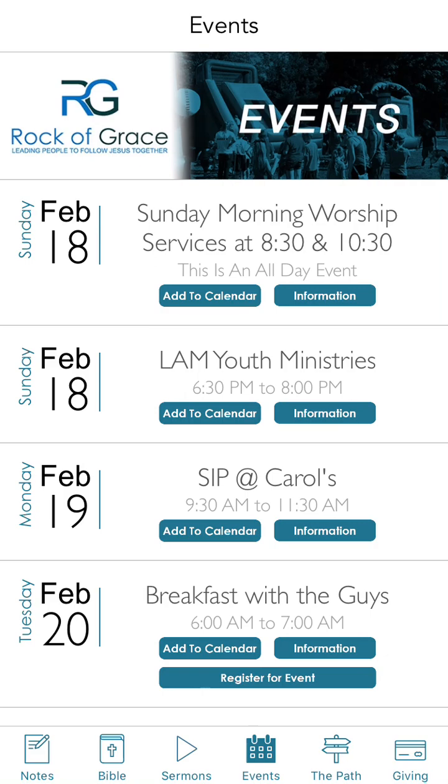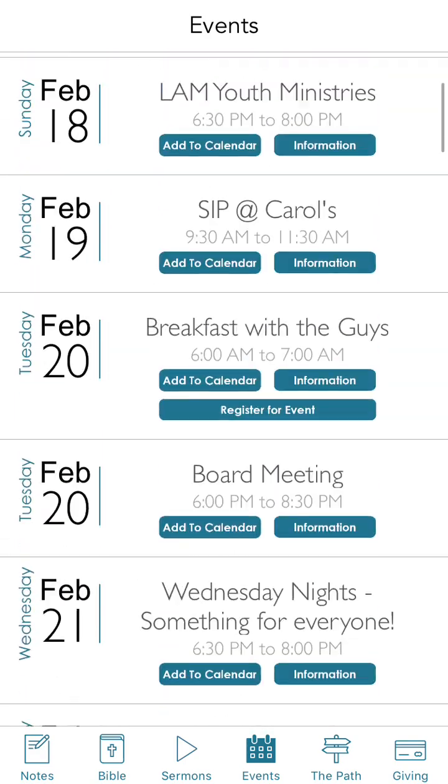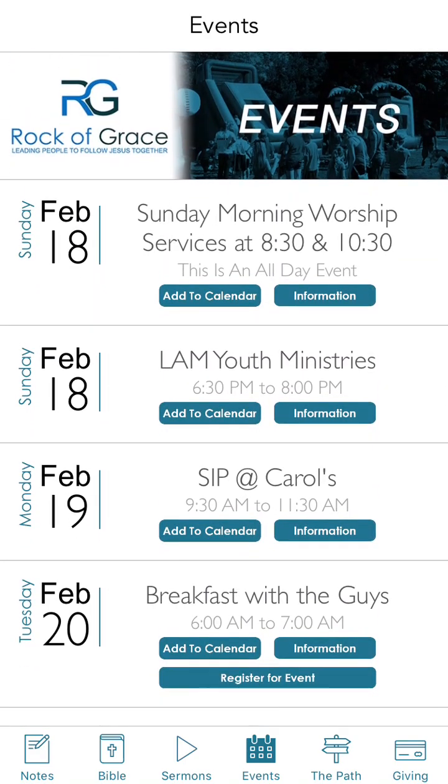This gives me the ability to quickly scroll through here and find everything that's relevant to me and my family and just quickly tap, tap, tap, tap, tap and add all of those events to our calendar. My wife's calendar is actually linked to my calendar, so that means it's also adding it to her, so our entire family is getting the events added to our calendar, so we'll get reminders about them, and they'll be on our personal calendars instead of just inside the app,